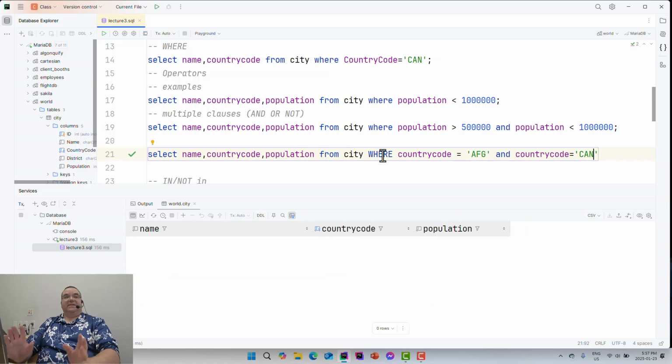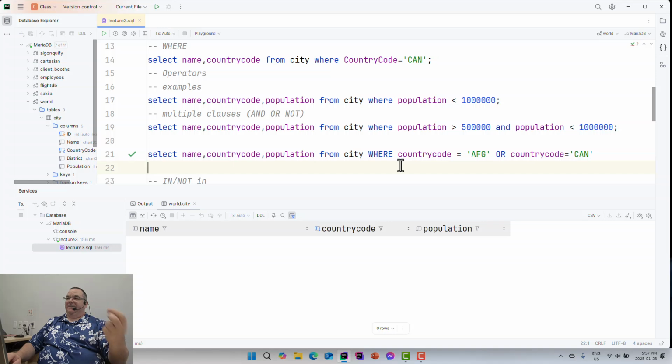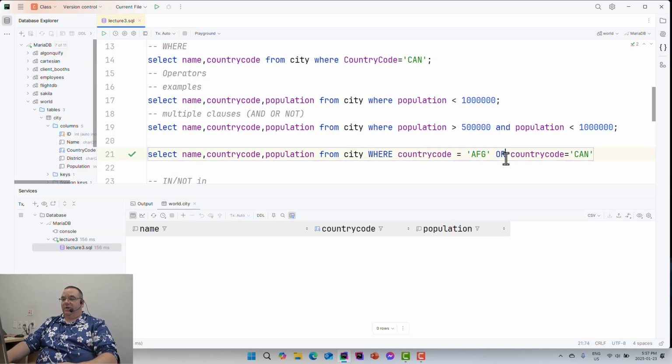It's going to give me nothing. So in other words, it's OR. You're in Afghanistan or in Canada, so you have to read and then translate to what the computer wants to do. So if I run this one,